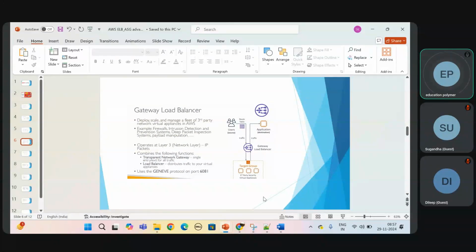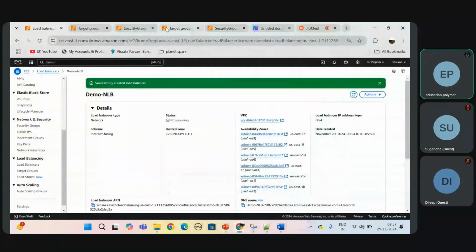This is about the simple network load balancer. Now the gateway load balancer. The purpose of the gateway load balancer is intrusion detection, to avoid unwanted traffic. Also, if there are some firewalls but still the traffic is coming, to avoid that traffic we'll go with the gateway load balancer. In this type of load balancer, the traffic routing will be